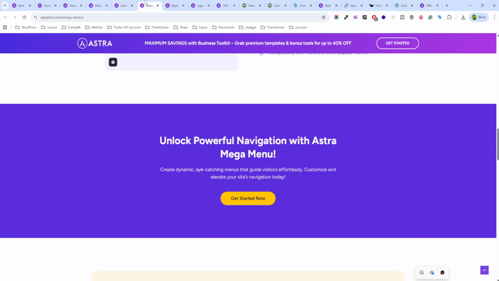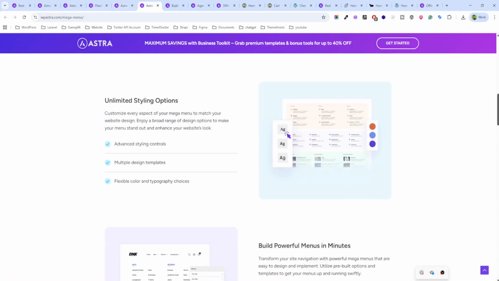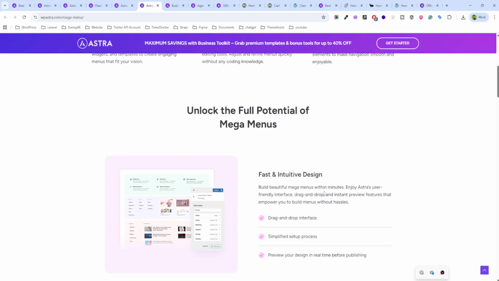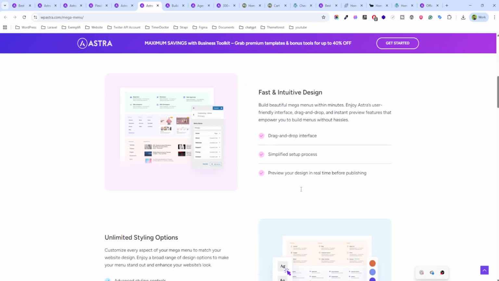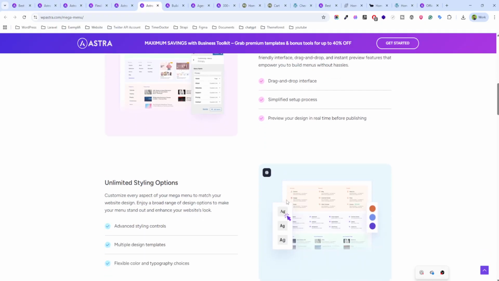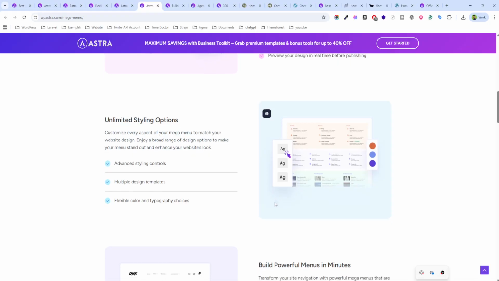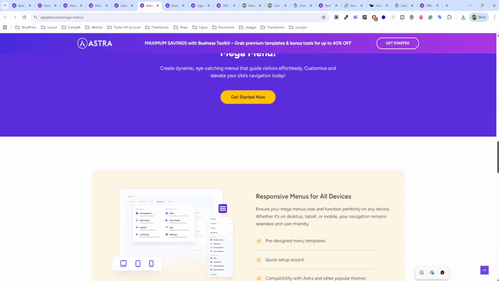So next we are discussing the mega menu. What is the mega menu of Astra? Astra offers a mega menu builder which allows you to create multi-column menus and add icons, images and widgets inside the menu. So you can showcase product categories and offers, and improve the navigation and experience for the e-commerce store. The mega menu is your visitor's map. It guides them exactly to where they want to go. So that is the importance of the mega menu in Astra.